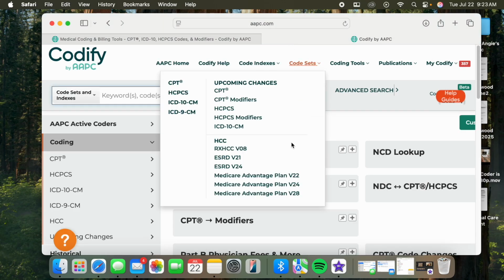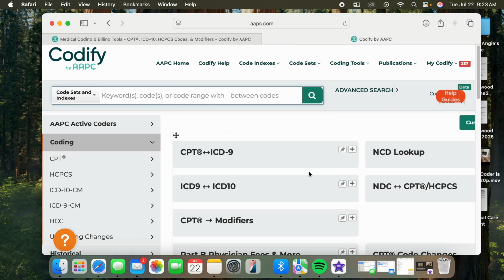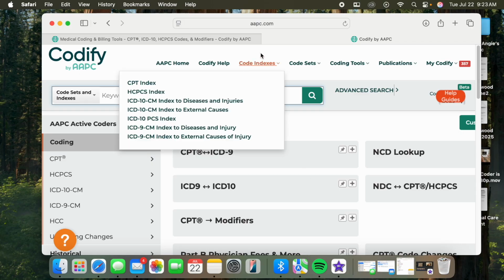So let's just hop on into my version. Oops, there we go. The one thing I wanted to show you today is the coding indexes. Some people are not aware that you can use these coding indexes to make Codify work just like your code book. So for example, for those of you that were taught to do ICD-10 coding old school like me, I got my training back in 1994,